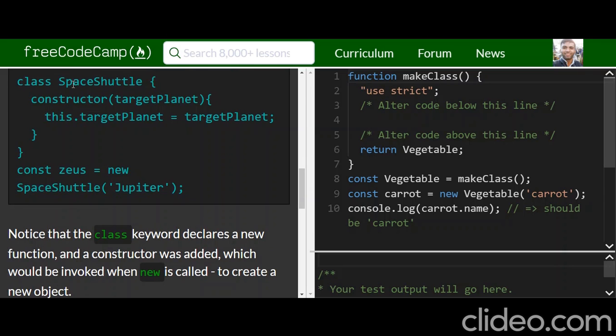Yep, the class keyword is this one. It declares a new function, and a constructor was added, which would be invoked when new is called to create the object, which is this one. Alright,